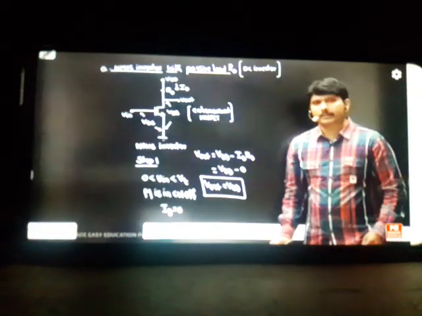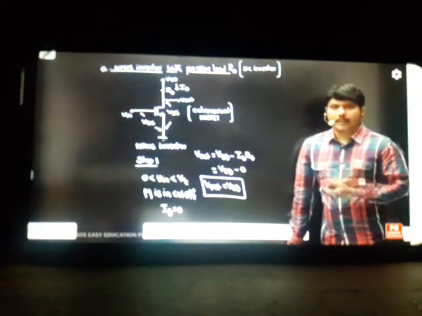The first point I am successful. When the input is at 0, the output we are getting is maximum. So I can say it is working as an inverter. It is an inverter, I know that, but it should be a good inverter. Ideally, how have I represented my response?